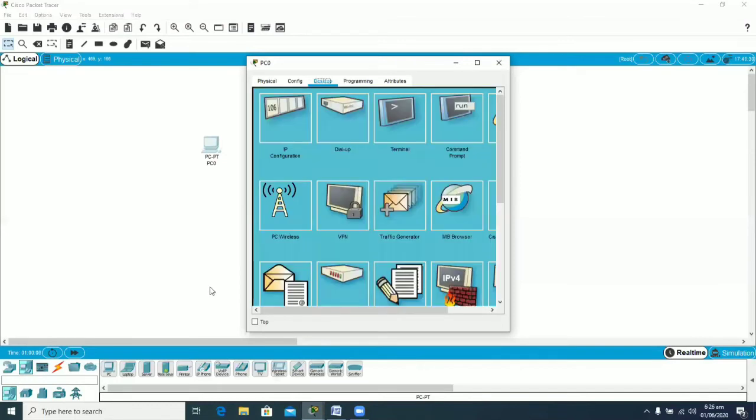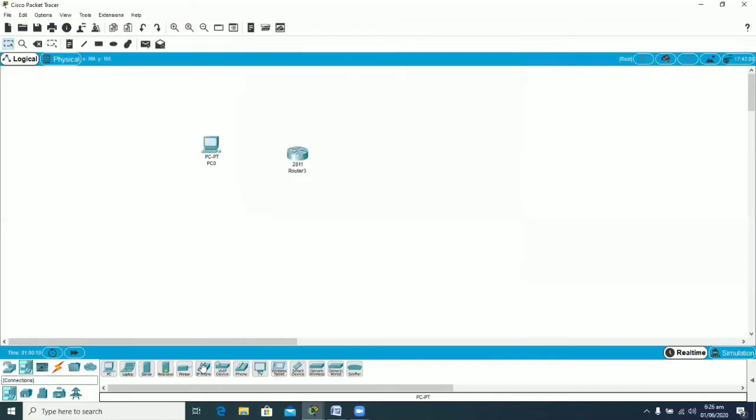This is now the configuration done for your PC. Now connect the PC to the FastEthernet 0/0 port of your router using the copper crossover cable. So this is connected to your FastEthernet 0 and this is connected to the FastEthernet 0/0, and you can see that the interface is up. This green light shows that the interface is up, and also the arrow is in the upward direction, which means that the interface is properly up now.